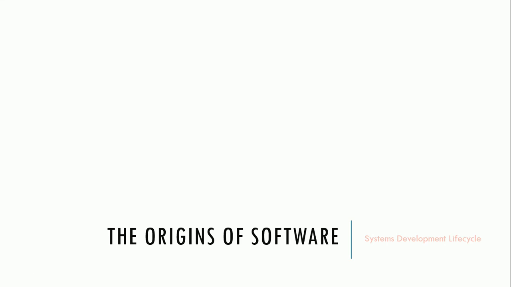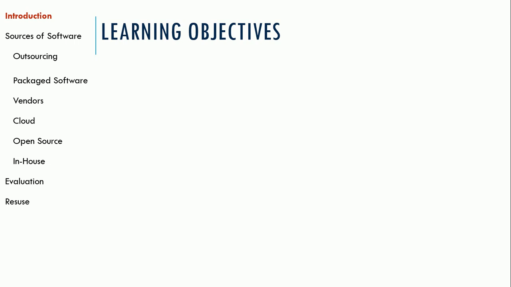In this unit, we're going to take a look at the different sources of software. In other words, where we can get this software that we're going to implement in for a system. Now, with a course like this, sometimes people make the assumption that we're going to develop a system completely from scratch. And other people make the assumption that we're just going to put components together that we purchase off the shelf. And the reality is somewhere in the middle because